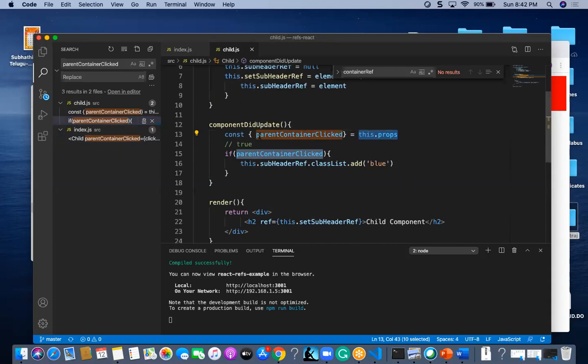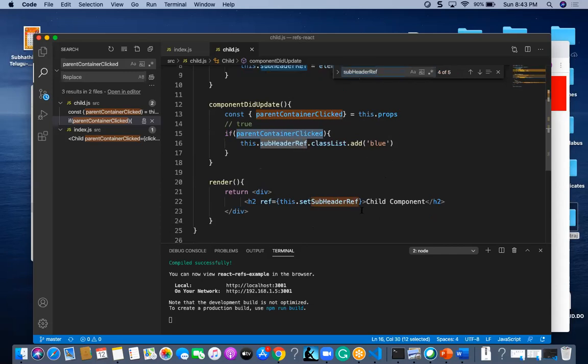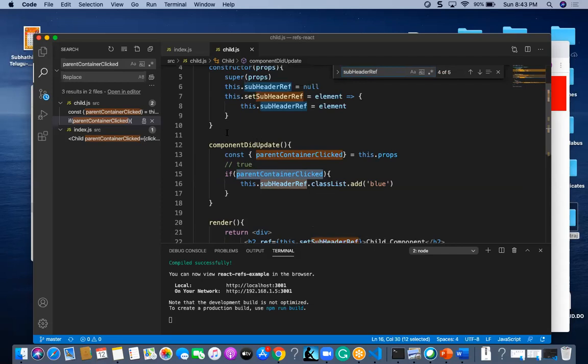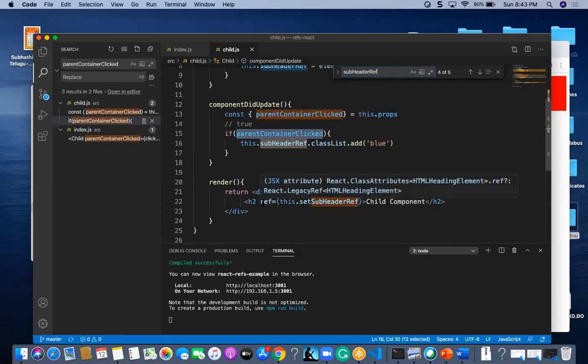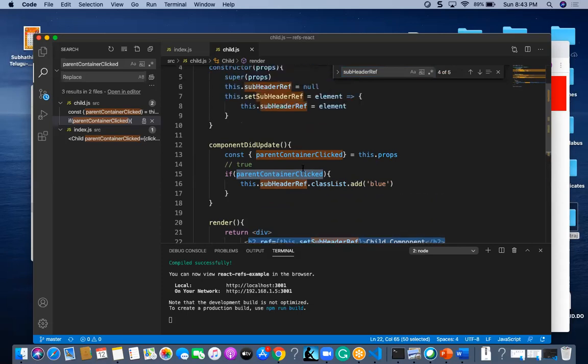If the value is true, then it is going to add sub headref class list add blue. It is going to add blue color to my sub headref. It is an element which is referring to the particular div, and that particular header or element is going to change to the blue color.